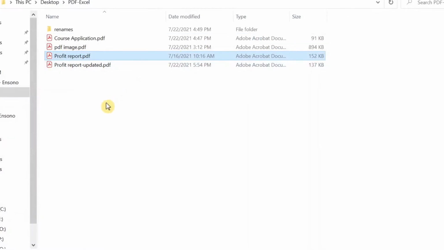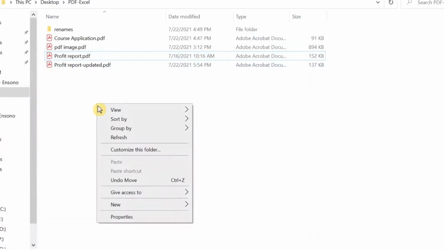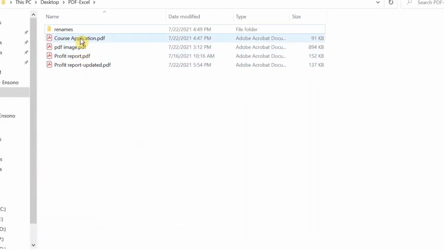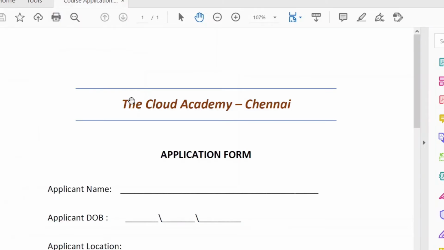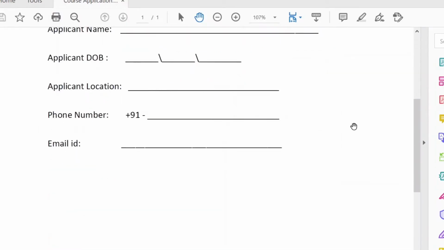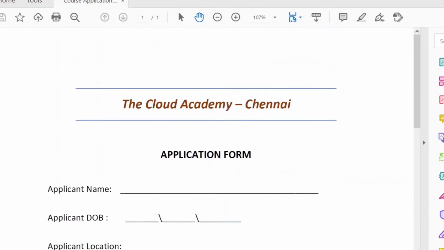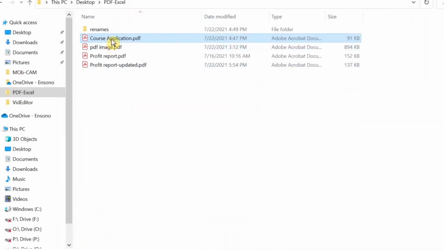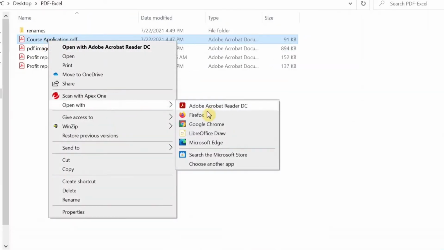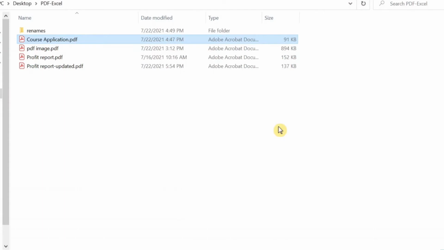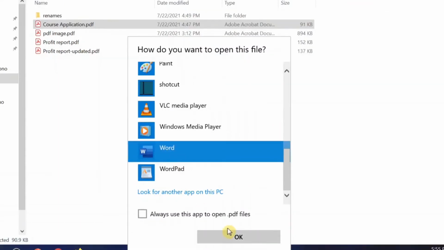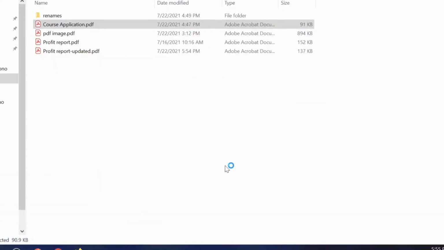Next, I am opening up this application form which came as a PDF, and I want to edit this. Again, what I can do is open it with Word. I am opening it with Word now.